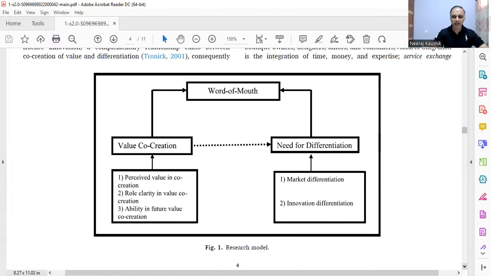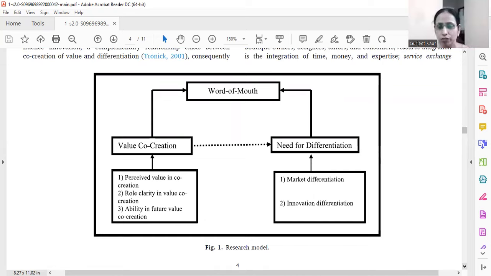Yeah, ma'am. So here the scholar should not assume that, though there is an arrow from these three predictors to value co-creation, it's not like that. Generally, these days people write value co-creation on the box itself. So they should not make the mistake of showing it as a separate construct with three others. It's a second order construct. That's right, I agree with you. It should have been one block only, where value co-creation is one block,